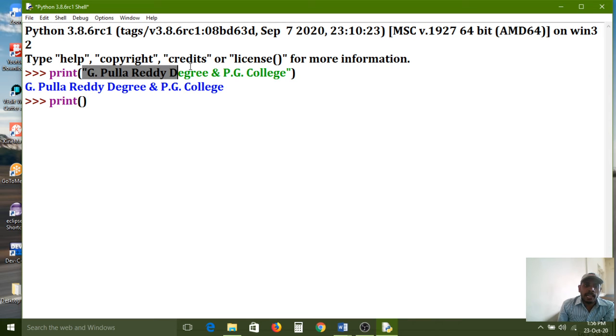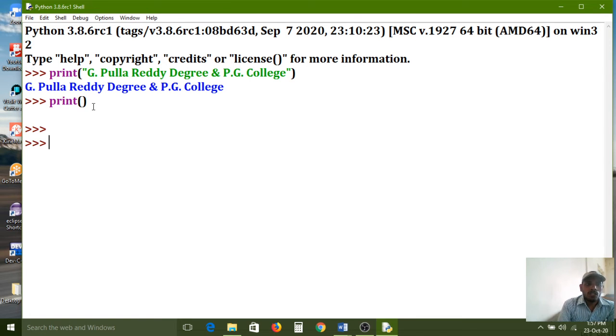But without this entire line, we can also use the print function. But what will it print? That is the question here. Anyone can think about this? Without passing any argument, I am just simply using the print function. So what will it print? I am pressing the enter key here. All of you carefully observe. There is nothing to print, that is your assumption. It is not printing anything. Am I correct or not? But carefully observe, again one more enter key I am pressing.